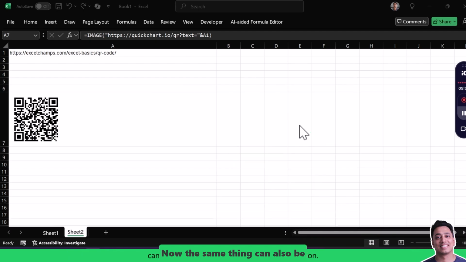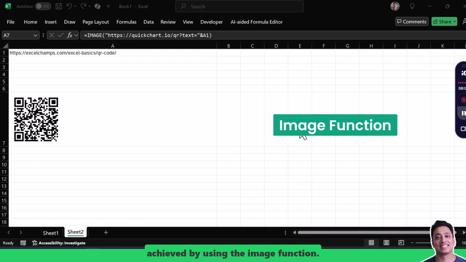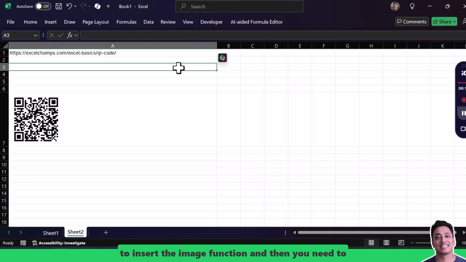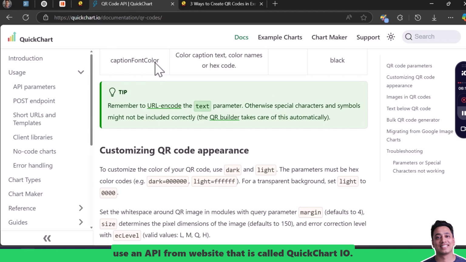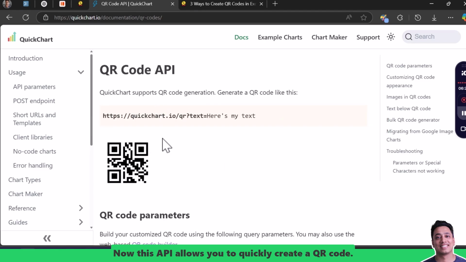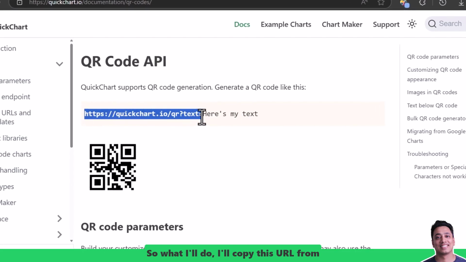Now the same thing can also be achieved by using the image function. The image function is a new function in Excel which is available in Excel 365. And if you have 365, you can use this function. So what you need to do is you just need to insert the image function, and then you need to use an API from a website that is called QuickChart.io. Now this API allows you to quickly create a QR code. So what I'll do, I'll copy this URL from here,